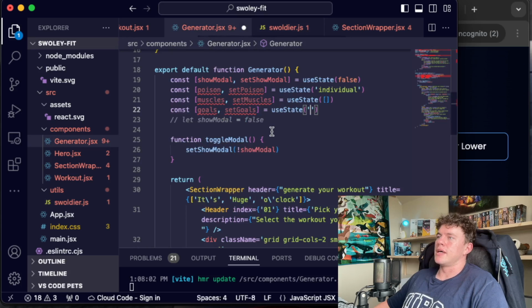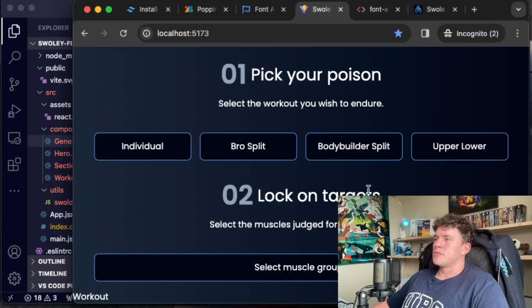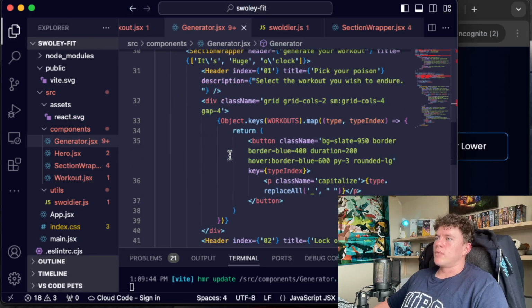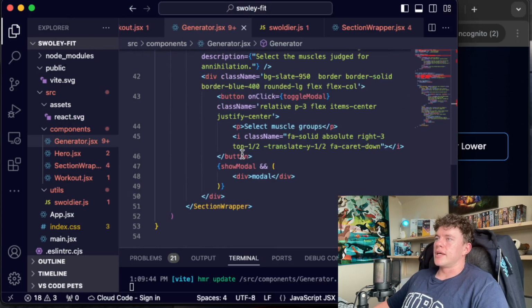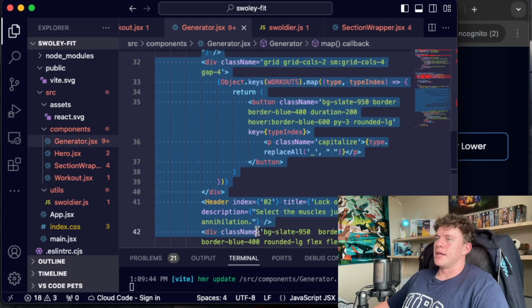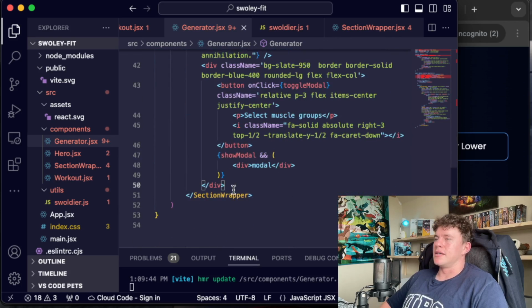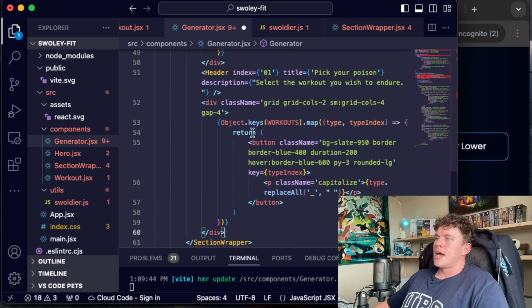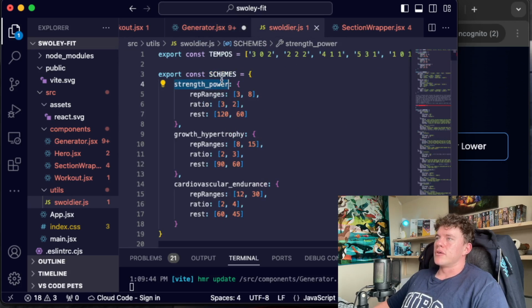So we're just going to copy that and paste that in as the default value. So now we have 3 stateful variables, and with that we can actually go ahead and create the last selection. That's just going to be another header plus the buttons that follow. We're going to paste that underneath this div right here. And instead of having Object.keys(workouts), this one is going to just be Object.keys(schemes)